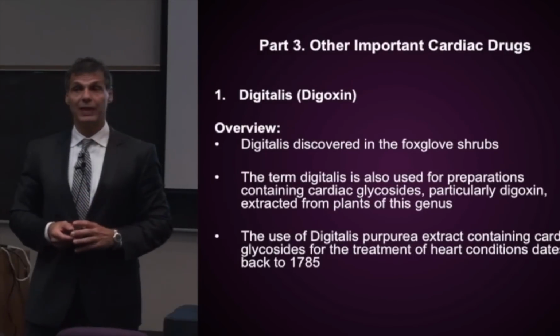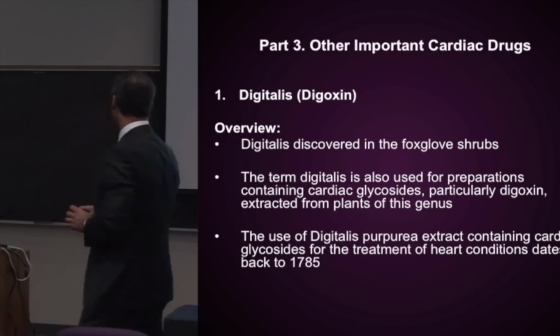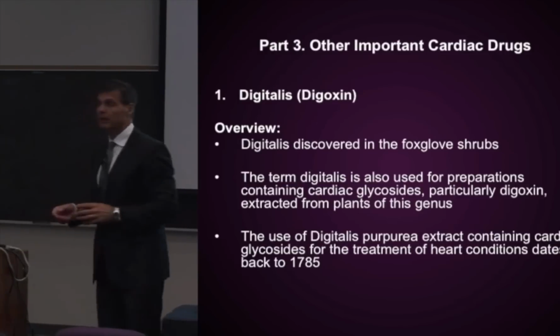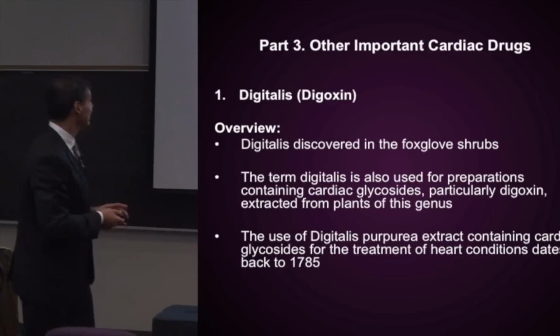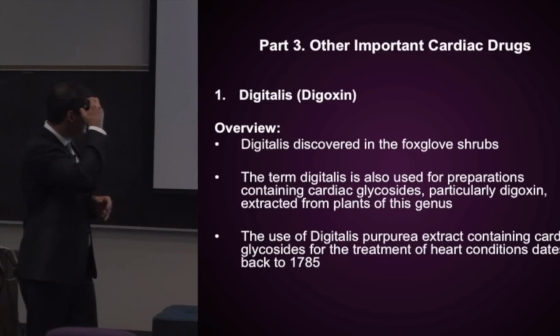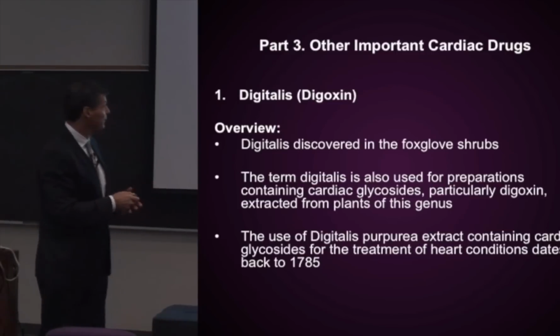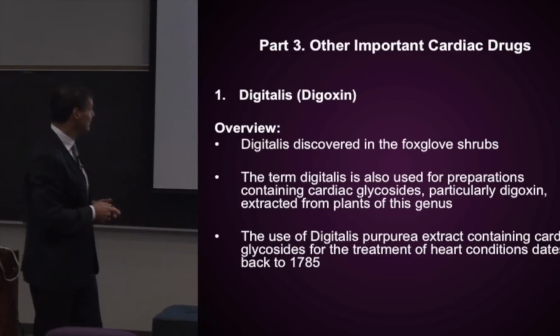We move to the final section of Lecture 1, which is the use of other important cardiac drugs, just so you understand them or you've seen them once. So digitalis, we touched on that. It was discovered in the foxglove shrub, so it's actually a plant-derived substance that then gets made synthetically into digitalis,